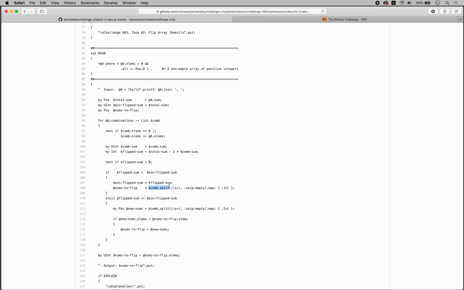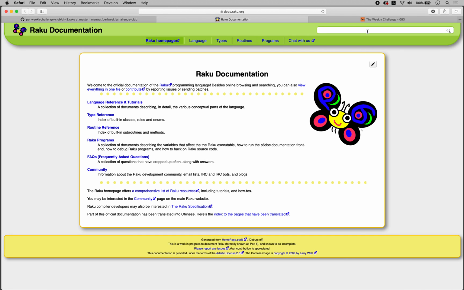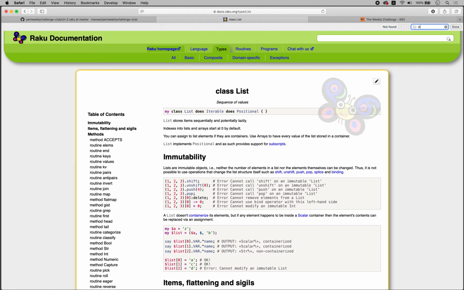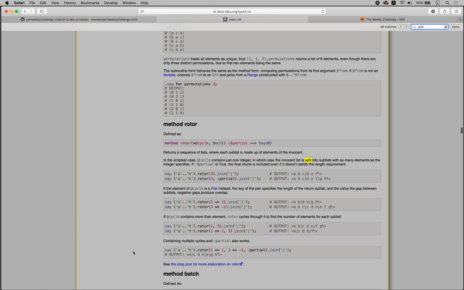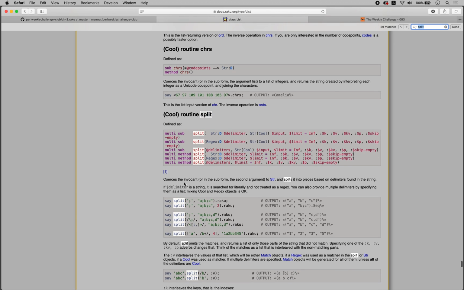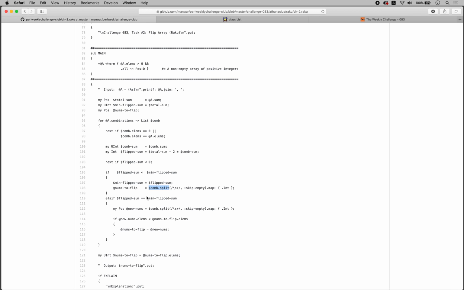We only can first. Okay, but docs Raku list, class List and split, method routine split. So it coerces the array to string and splits it into, okay, so yeah, I mean all those types,